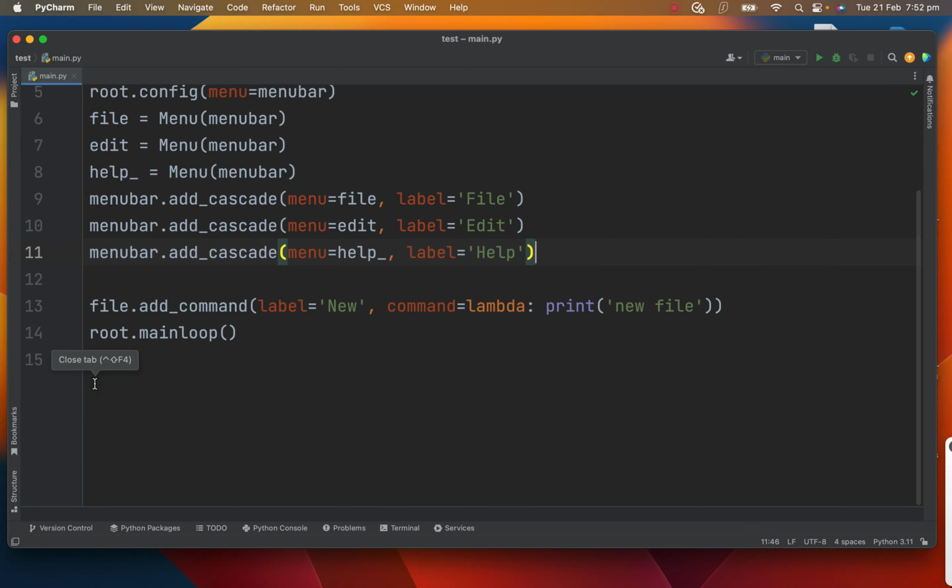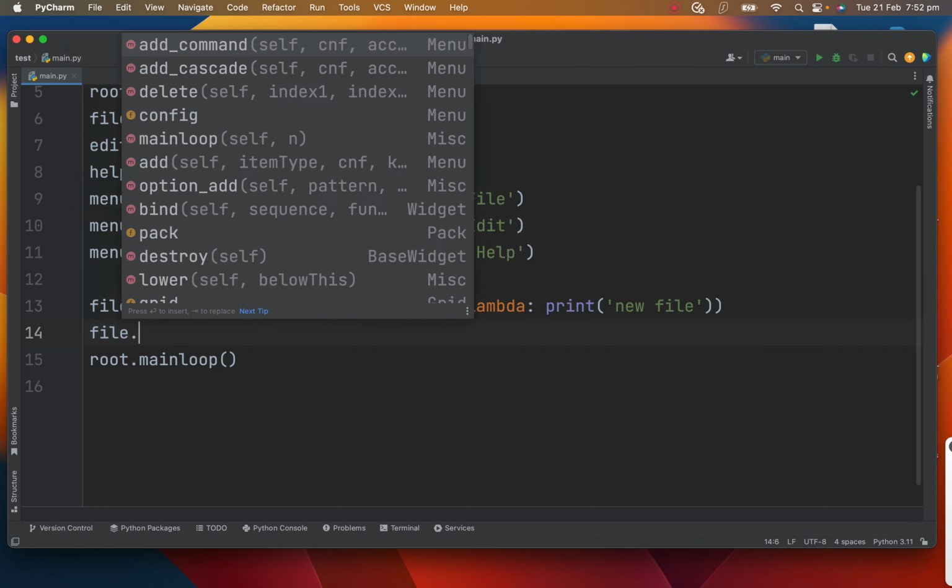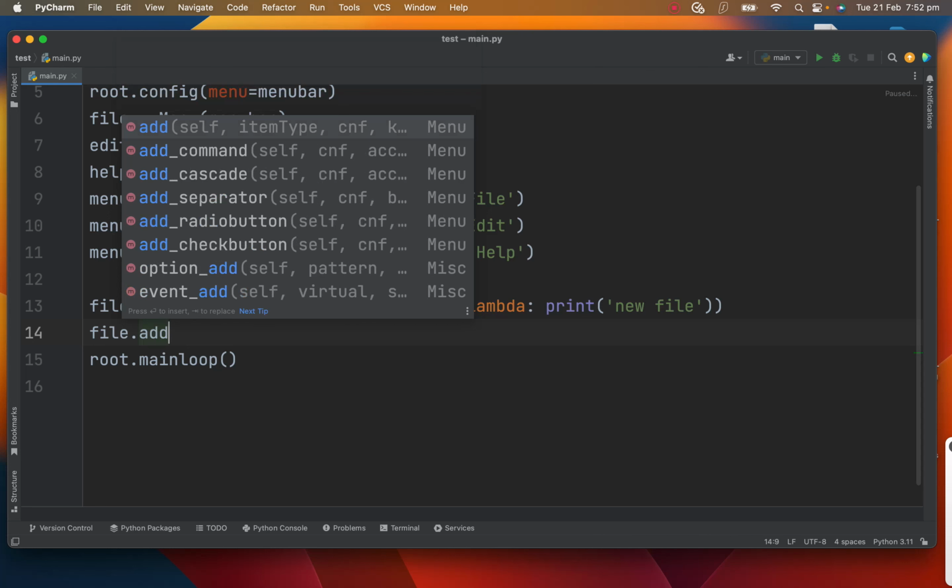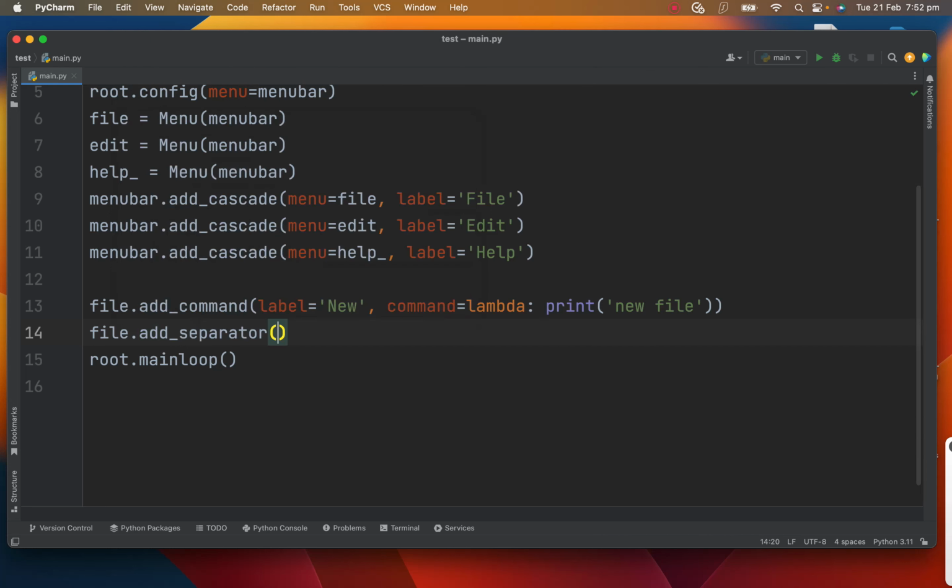Now let's add a separator here and add 2 more commands to the file menu. So what I do is I will come and I will say file.add separator. So this is a line which separates the first command from the other commands, and then I will add 2 commands to the file. So I will say